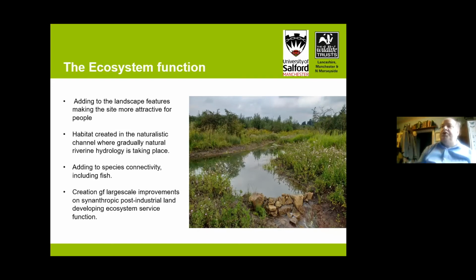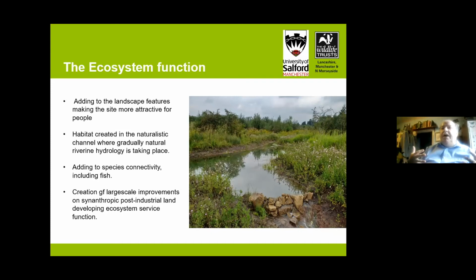We've included tree planting with, in our case, the partners of City of Trees, into that landscape, so that again the trees are helping to absorb the water coming in off the hills that are created by the post-industrial soil, and making the environment so much more green. And this has meant that there's an increased connectivity for fish. Great crested newts are using the pool system.